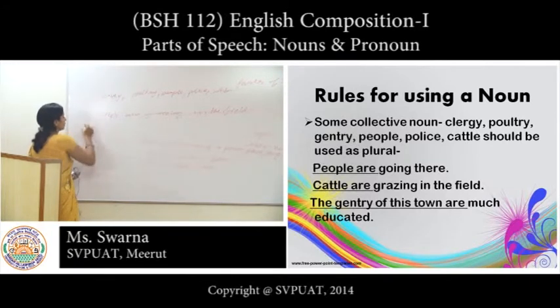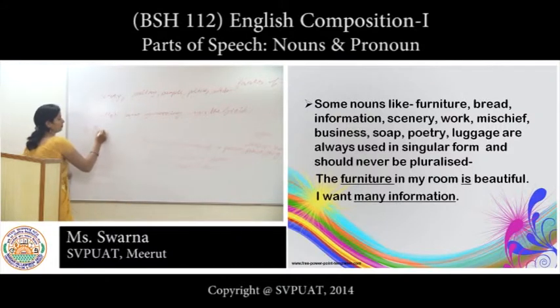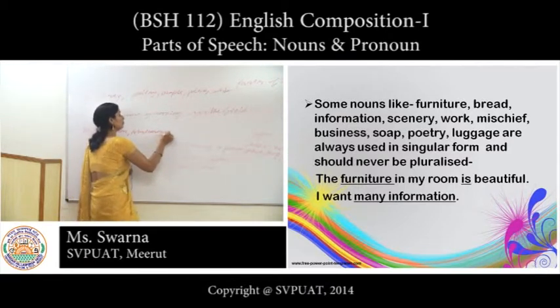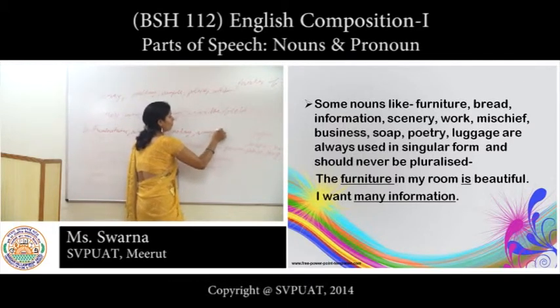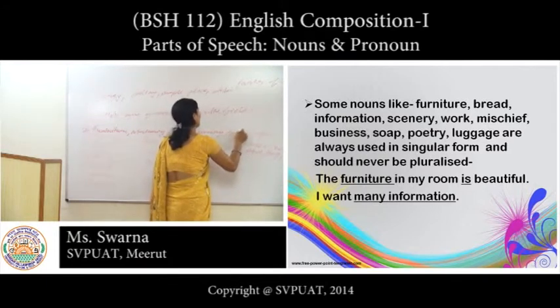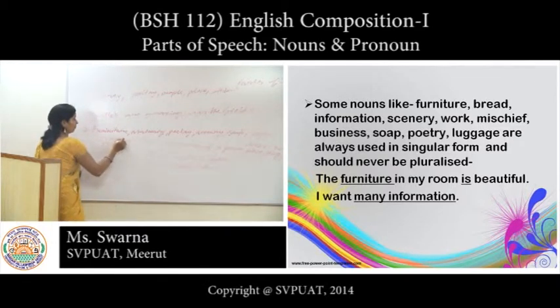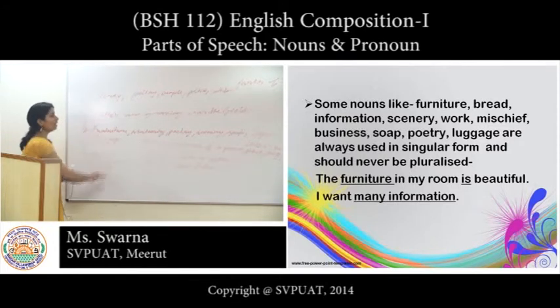Next rule is, some nouns are like furniture, stationery, poetry, scenery, soap, luggage, and there are a lot of words like these. These words are singular in form and used as singular, not used as plural, like